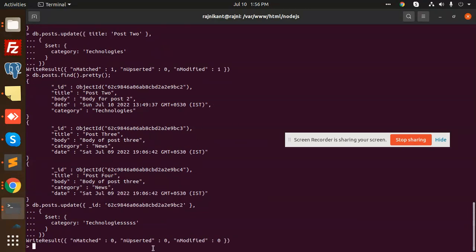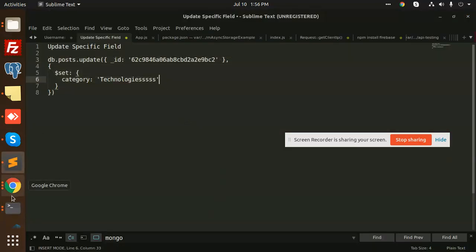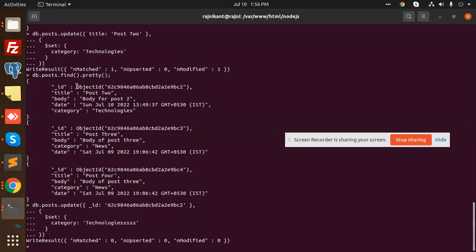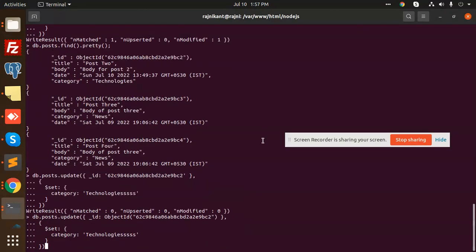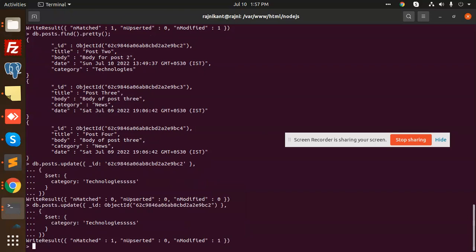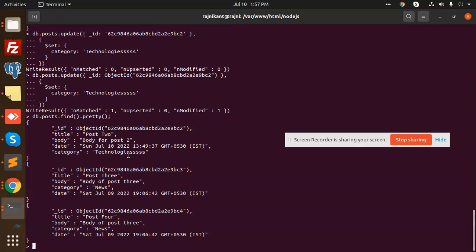It is not inserted because we need to pass the object id over here. It's not working like this, so let me go with the object id. Let's see. So you can see that it modified the results, and here we go with the pretty output. You can see that technologies is updated, right? So this is how we can update a record with the help of id, title, body,